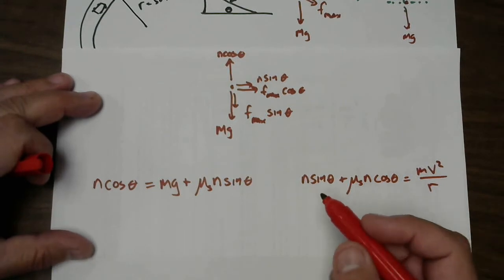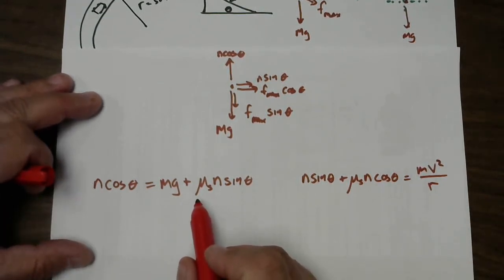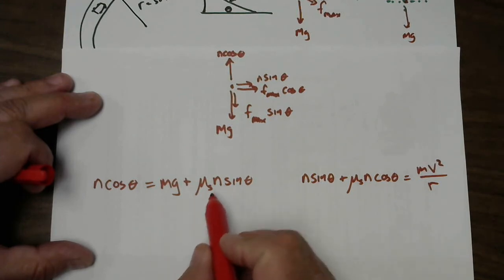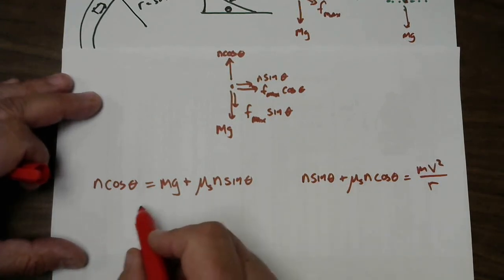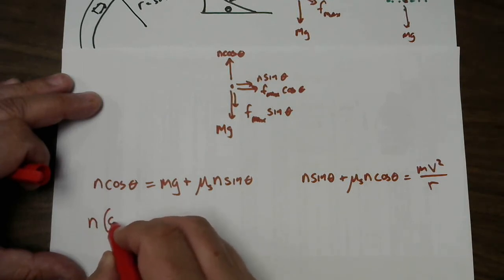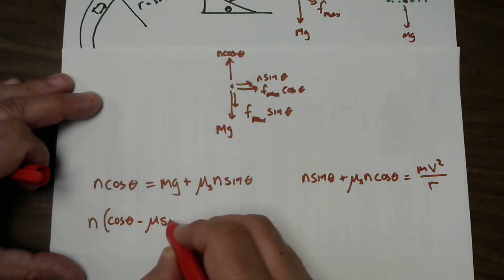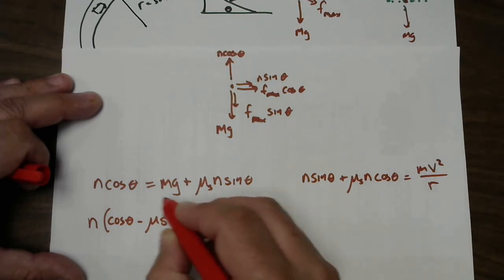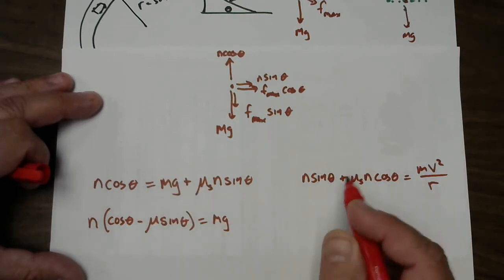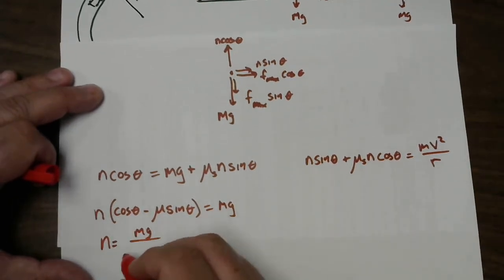So we need to solve one of these for, I think we're going to solve this side for the normal force and plug it in that side. So let's bring this term to the other side. We'll have normal times cos theta minus mu sine theta equals what's left, m times g. So that means that the normal force must be m times g over